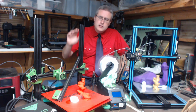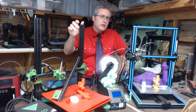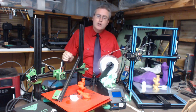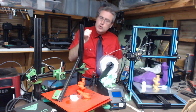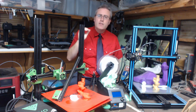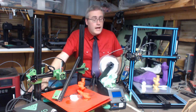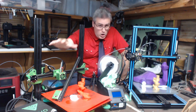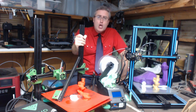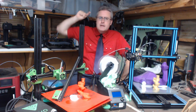it turns out that these machines shipped with the Y-axis stepper driver underpowering the motors. So before I could even get my first successful print out of this printer, I had to open up the electronics and turn a screw on the Y-axis stepper to adjust the resistance to send more power to the Y-axis motor because it was underpowered out of the box. And this is when I learned, first of all, I have to do open electronic surgery on this thing before I could get a good print out of it. You know what that means? That means that that print that was on the print bed wasn't done on this printer. They did it on another printer, and then it...